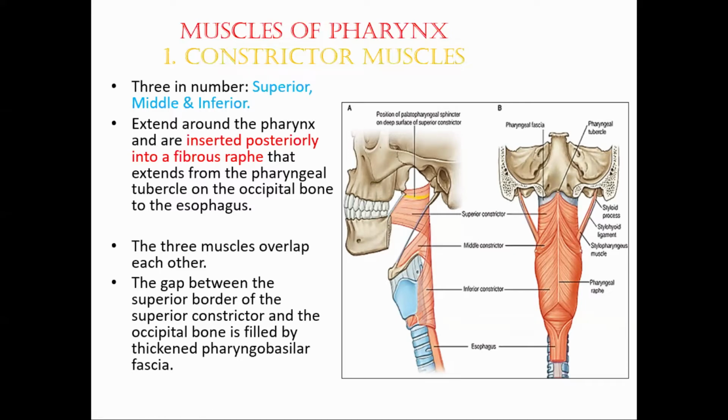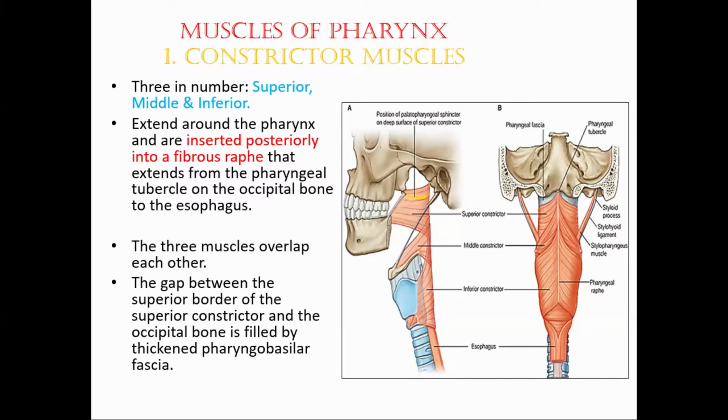So, it consists of the four layers from outside inward: areolar coat, muscular layer, soft mucosa, and the mucosa. The lining epithelium of the pharynx is non-keratinized stratified squamous epithelium. The soft mucosa is thickened to form the pharyngobasilar fascia. Then the muscular layer consists of two layers of muscles.